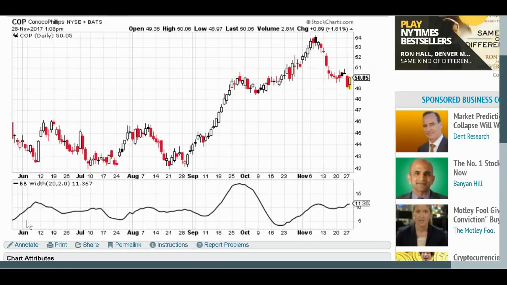If the upper and lower bands are very far apart, then you see it go to the top here. If the Bollinger Bands are narrow or close together, then it goes way, way down. And usually it's somewhere in the middle. When it gets near, let's say above 15, closer to 20, that's very wide. And when it's at or below 5, that could be considered narrow Bollinger Bands, especially if it's below 5. But when it gets toward 5, that's when you know that they're narrow.